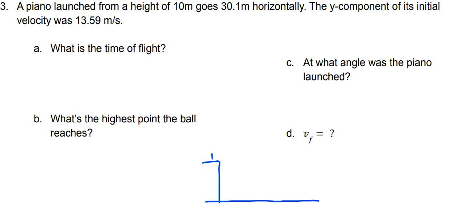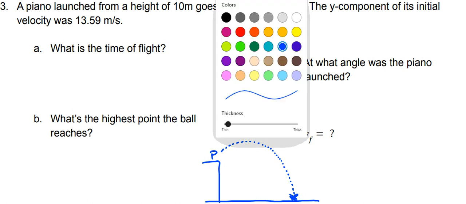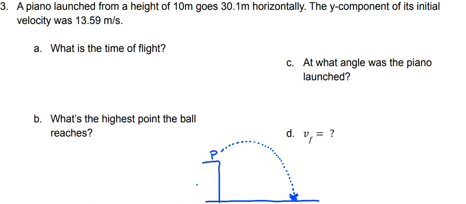So here is the piano, and it is launched. We don't know anything about the angle. It doesn't tell us. We know it's not launched vertically, and it's not launched horizontally, because it does travel some distance, and they tell us there's an initial y component to the velocity. If you just threw it straight up, then it wouldn't go any distance horizontally, but we know it